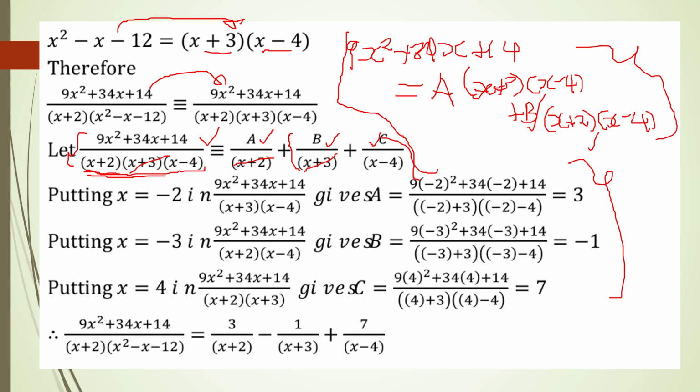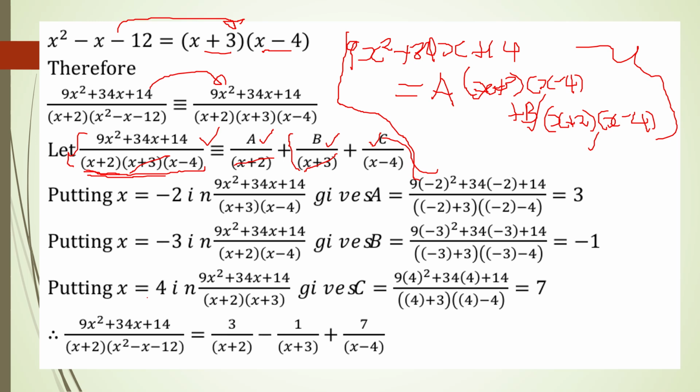you're going to use these values that I gave you, and you must be getting your value of a to be equal to positive 3. You also substitute for x equals negative 3, and you must get your value of b to be equal to negative 1, according to what we did in example 1. Like I said, it was a computer error, and the computer tried to diminish the space as I was presenting this video. So the work got disorganized, and you're supposed to get the value of c to be equal to positive 7. Use the procedure that you have used in example 1. For any issues, you try to